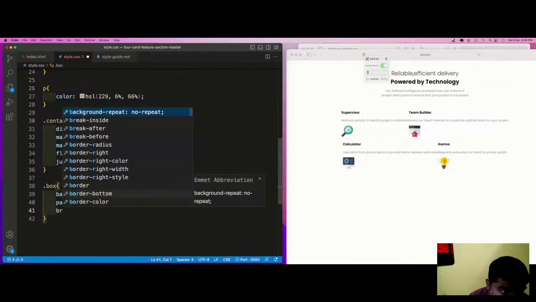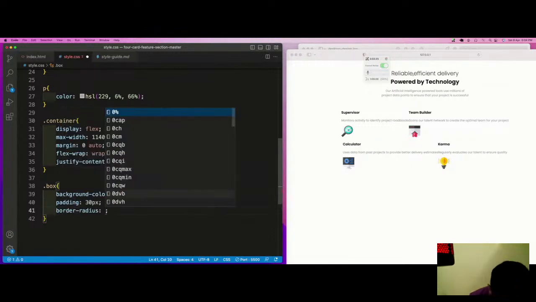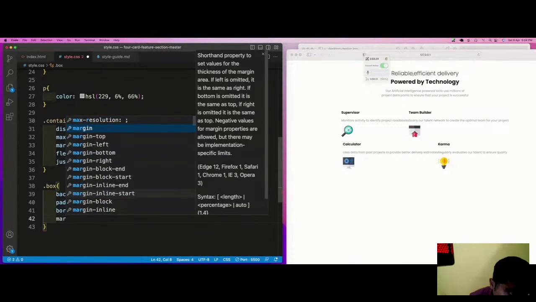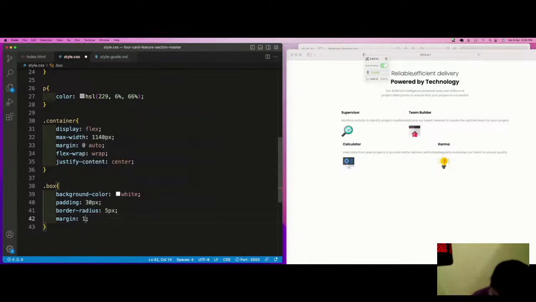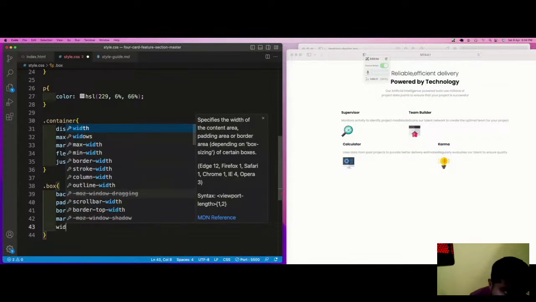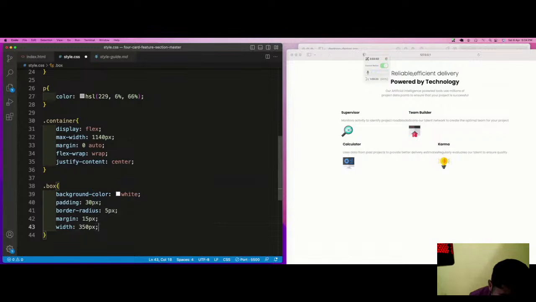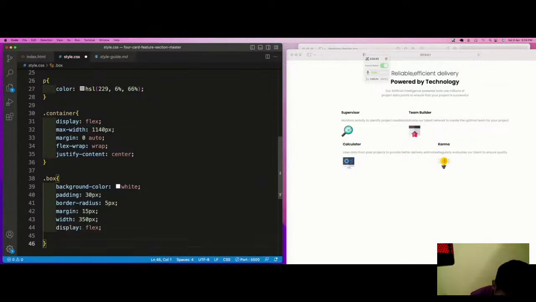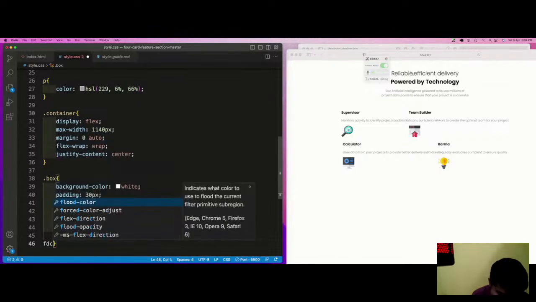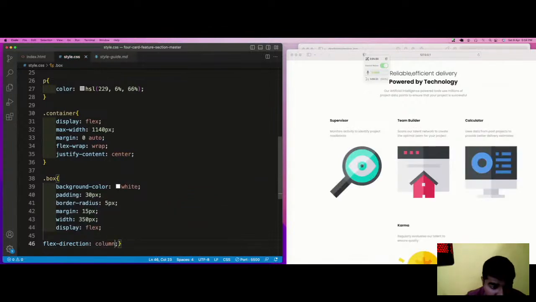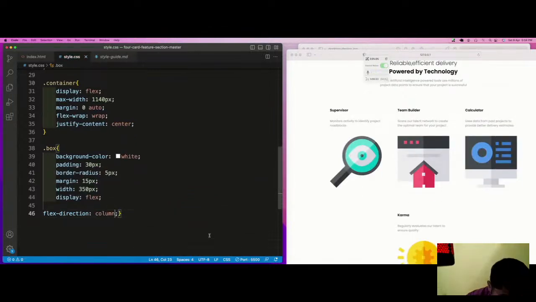The border radius property will make the edges curved, and also a margin of, let's say, 15px to make them separate, and a width of, let's say, 350px. And again, a display of flex internally, with the flex direction to column, so that everything will align in a block pattern.